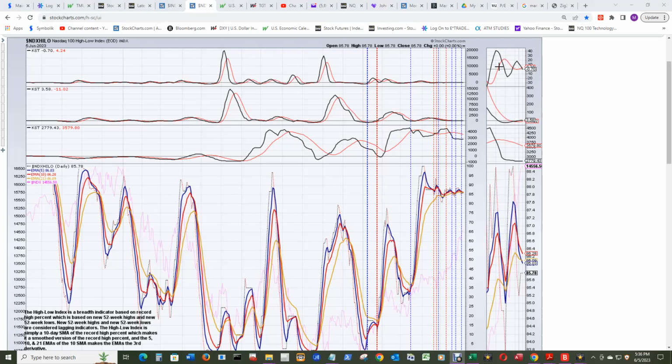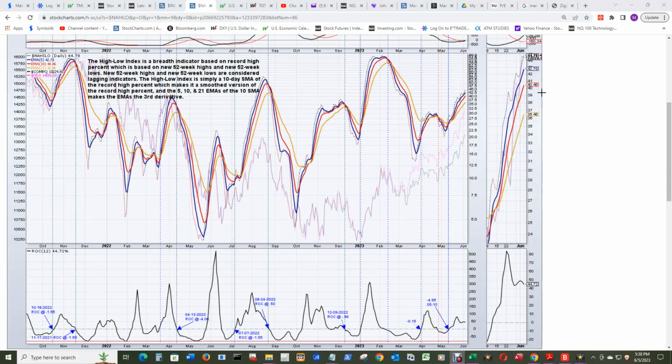But the short-term KST is going to have to right itself up here. It's a little bit below 0, so it needs to hook around, get back above 0 and its signal line. And until the long-term KST gets out of the doldrums here, it looks like there will still be more sideways action, as you can see here. These last two up and downs were when the long-term KST was flat, and the NASDAQ composite is just doing